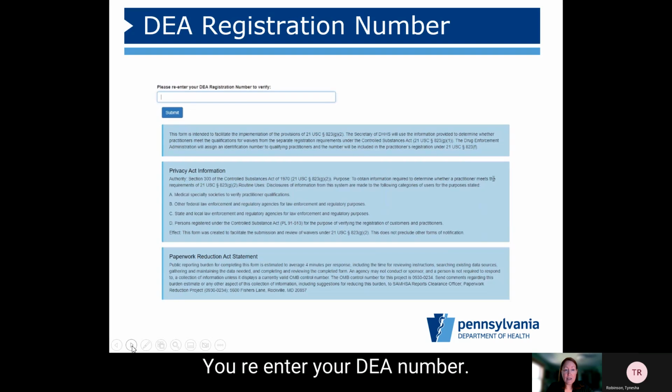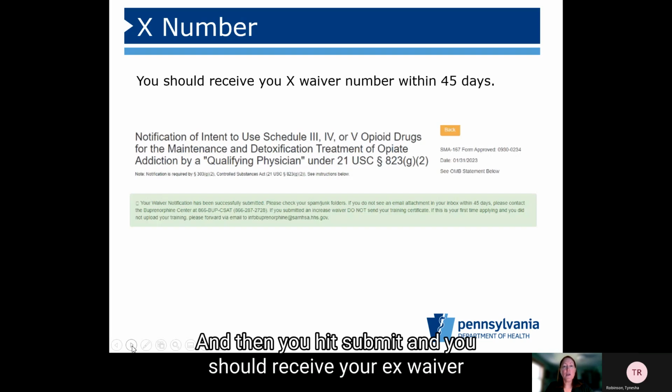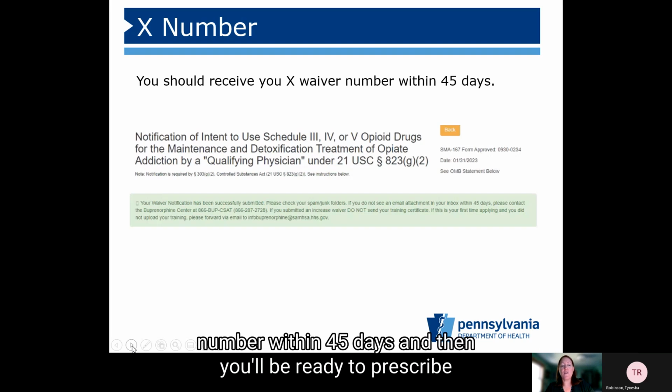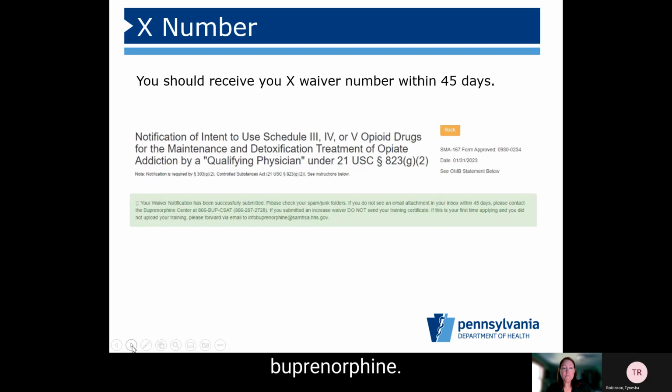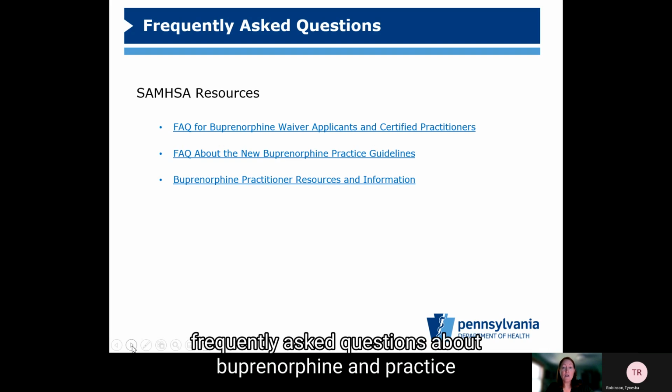You re-enter your DEA number, and then you hit submit, and you should receive your X waiver number within 45 days. And then you'll be ready to prescribe buprenorphine. There are a number of resources on the SAMHSA website, including frequently asked questions about buprenorphine and practice guidelines, and